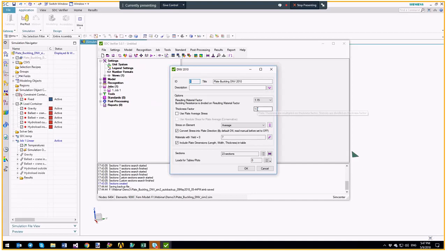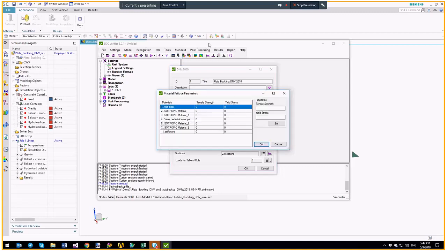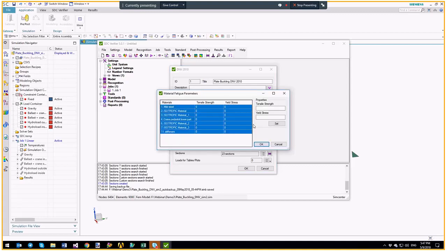So when you click on that, you see the wizard where you should define some parameters required by the standards, like resultant material factor, and also how you want to treat the stresses on the buckling plate. So here you have those options, and it also has some notification options, like you need to use yield stress of materials in your calculation, and the wizard reminds you that you have 7 materials in your model where you don't have the yield and tensile stress defined. So I will do that for all of them